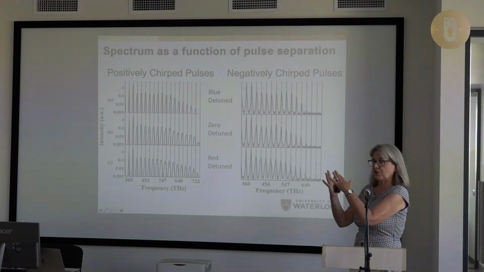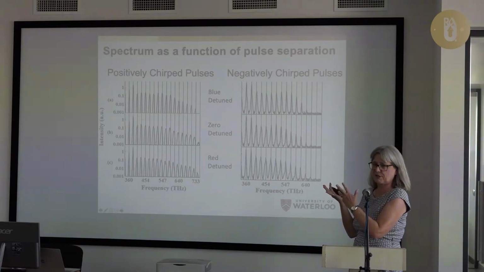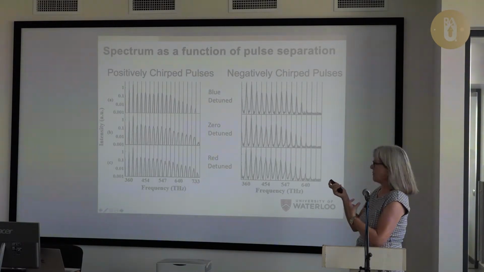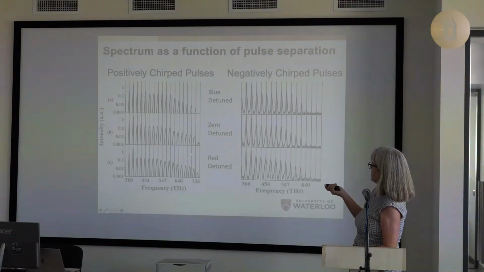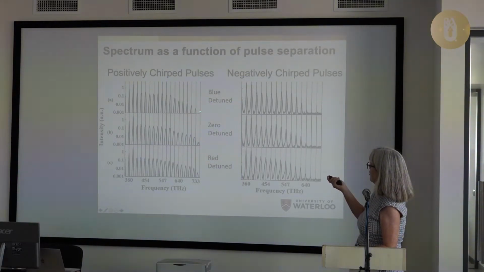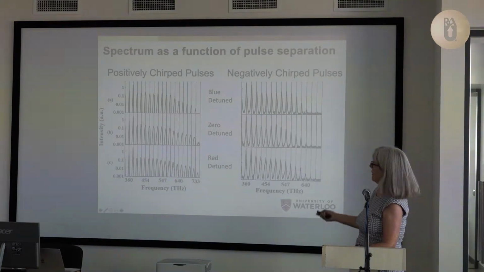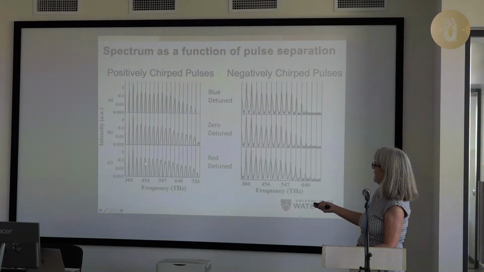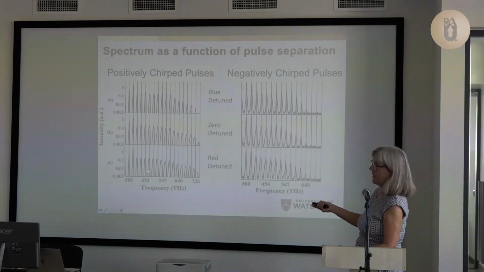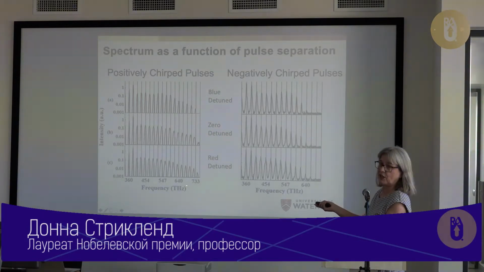We don't know if maybe our chirps weren't as perfect as they were. We did not have any frequency resolved optical gating yet. We just had an autocorrelator and a spectrometer. If you look on these ones, you never go to the blue side. Even when you're zero detuned, you'll see the red shifted shoulder is there and the Raman is gone. You still have the Raman, a bit of a red shifted shoulder even when you're blue detuned. And when you're red detuned, you're really well away from where the Raman is, and you really only have the red shifted shoulder. And the red shifted shoulder doesn't seem to come from this level. It's like it's this red shifted shoulder, and then if you took the frequency separation there and multiplied it by 16 or whatever this is, you would come to here, okay?